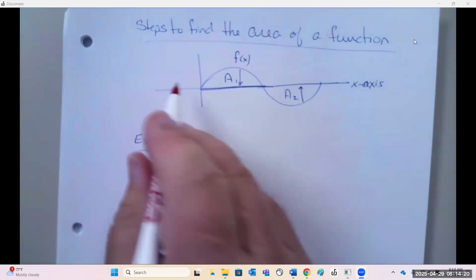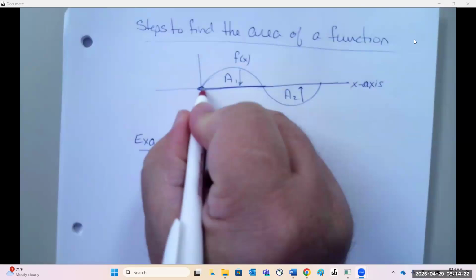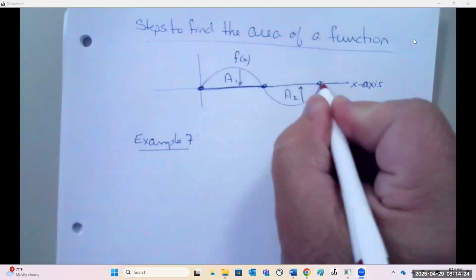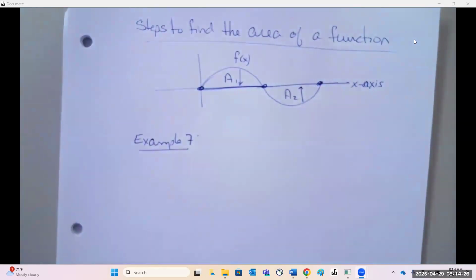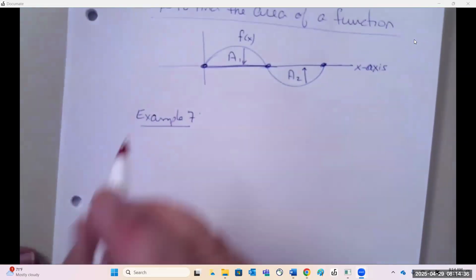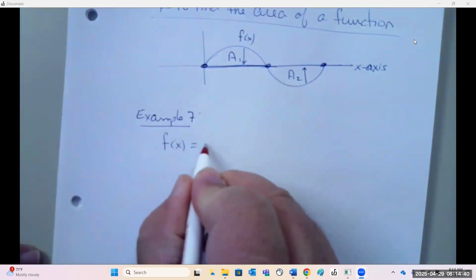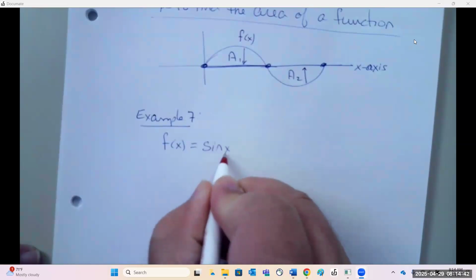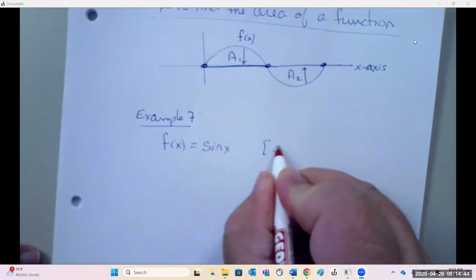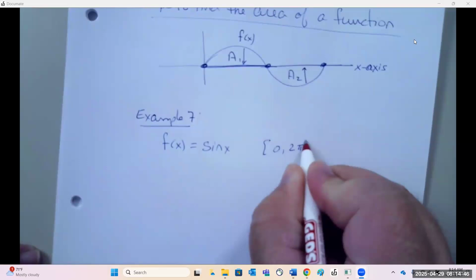Which is why when we do the steps, it's important to first find the x-intercepts. First find the x-intercepts. I'll show you why. If we had a function sine x on the interval 0 to 2 pi,